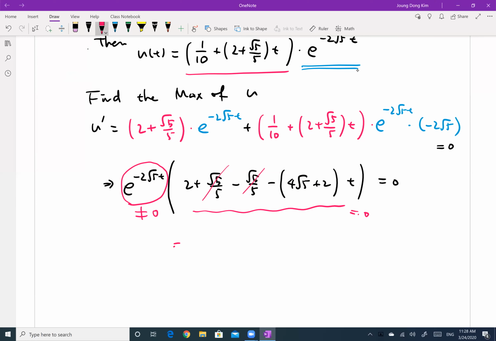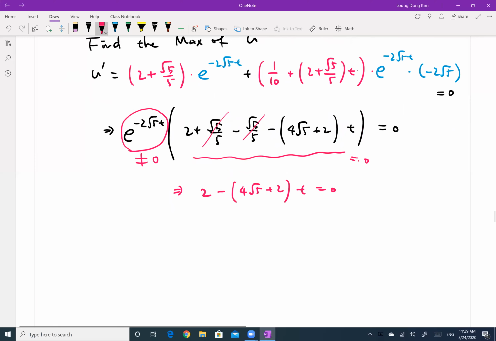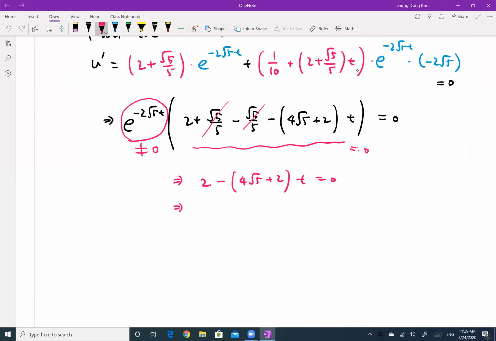So what we have is 2 minus 4√5 t must be equal to 0, and plus your negative part to the right hand side, 2 is equal to 4√5 t. Then your t must be 2 over 4√5. This is the critical number, which is a candidate for your maximum. Okay,